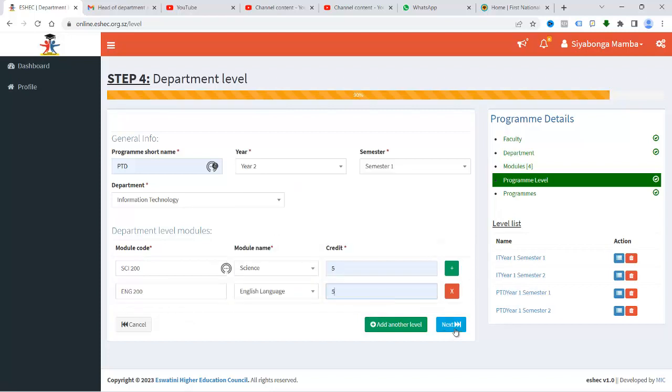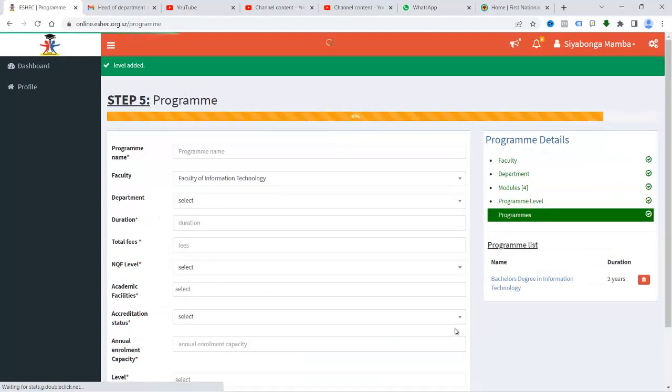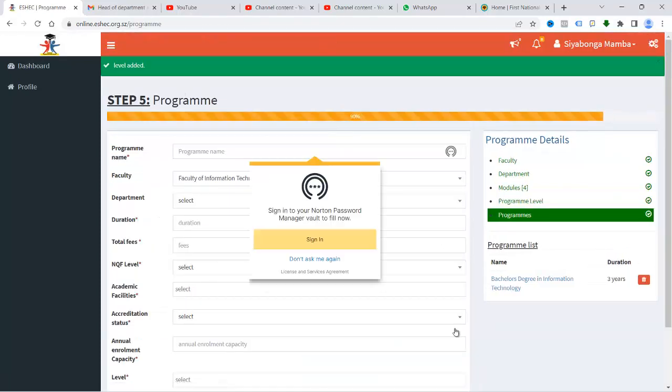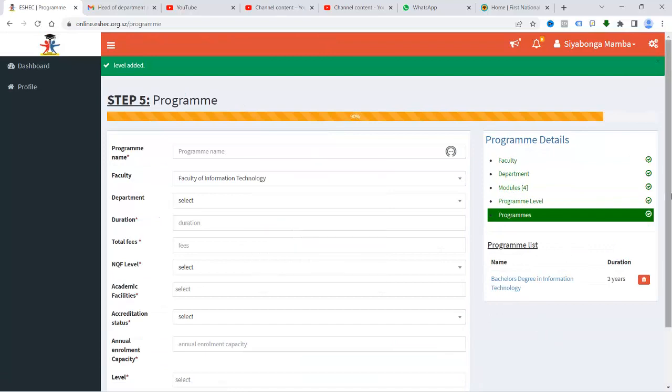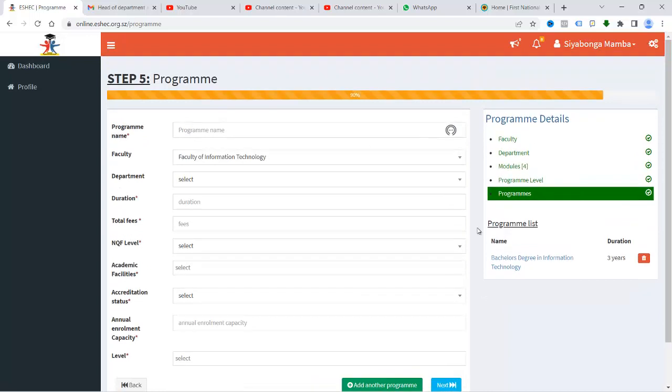It's 5, and then I'm going to just say next. So now the moment I say next, it's going to take me to the next level, which is the programs level. Once I'm there, all I have to do now is to add. Remember, we're adding program levels under PTT. That is just to say it's a PTT program, which is the